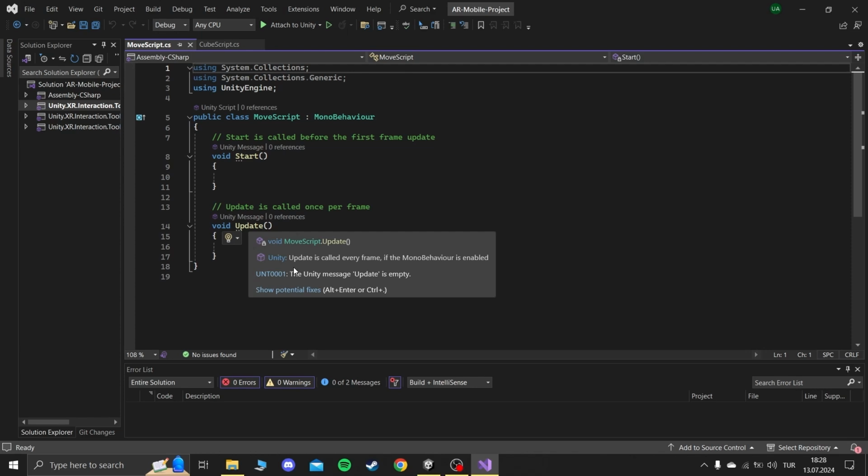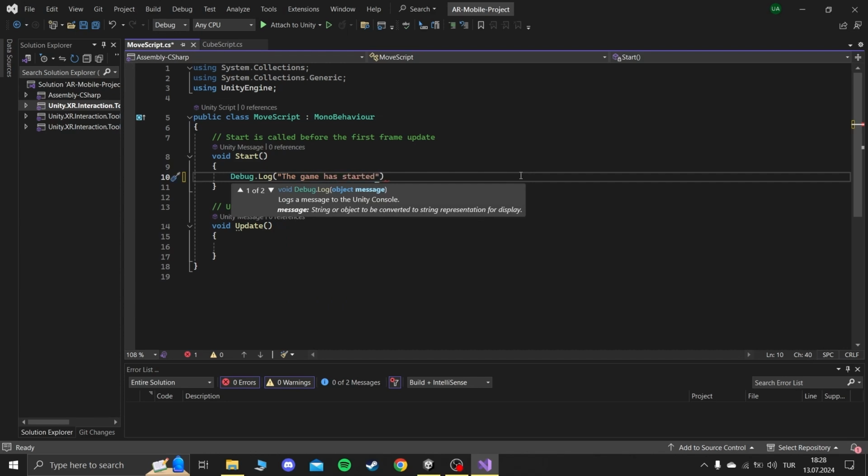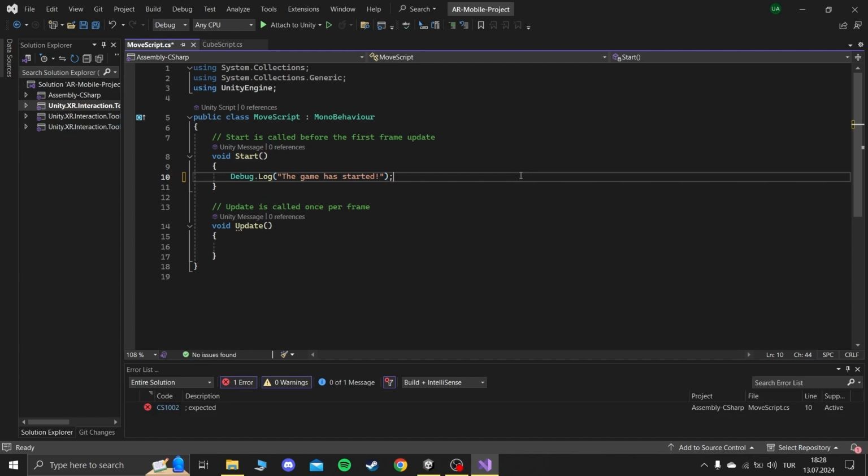As an example, let's first print a message to the console which can help with debugging. Debug.Log, "The game has started." Now we will set the position of the cube to 0, 1, 0 in the scene. We can access the attached game component by typing transform. To access the position, scale, and rotation, we can put a dot after the transform and type the requested property. Therefore, to change the position of the cube, we need to write